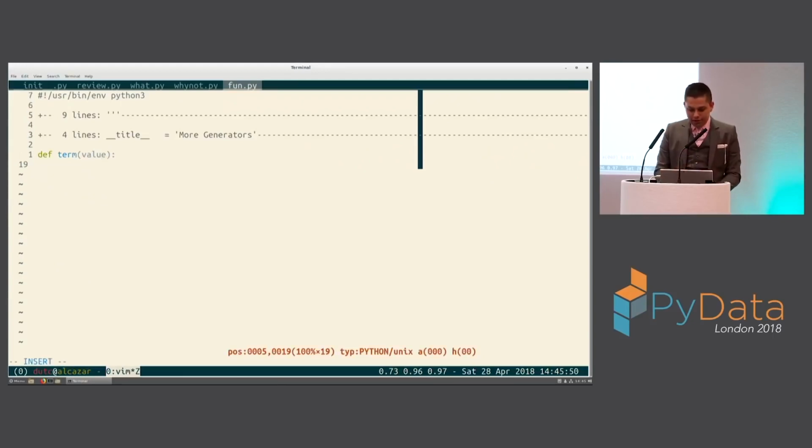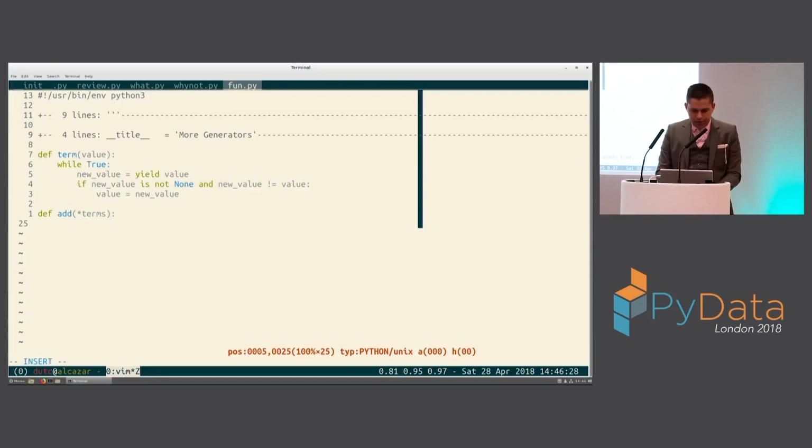So what we might have is some term, and the term is just a generator that yields its own value, and a new value. And this is going to be really, really sloppy, so we can always improve this slightly. We'll do something like this. Okay? So this is just a generator that can take new values. It's just a little computational unit. We're going to fit it into a larger structure. And maybe we'll do simple addition of terms. Okay?